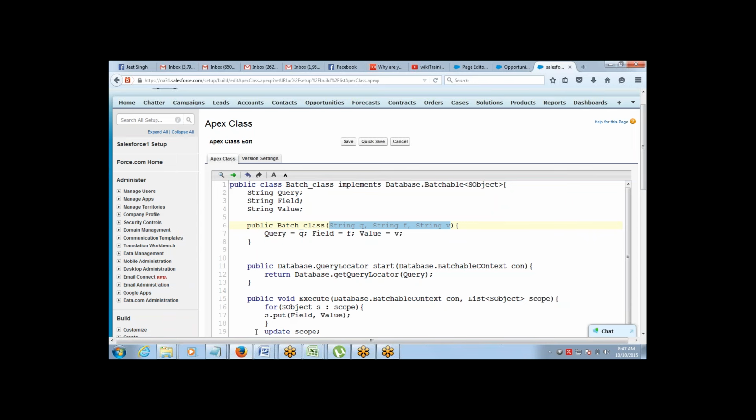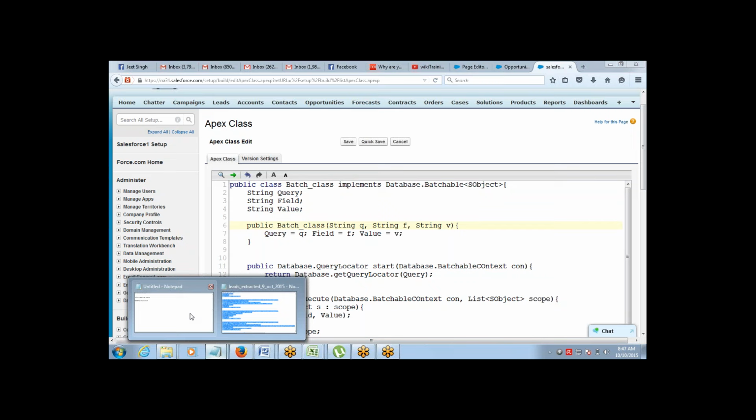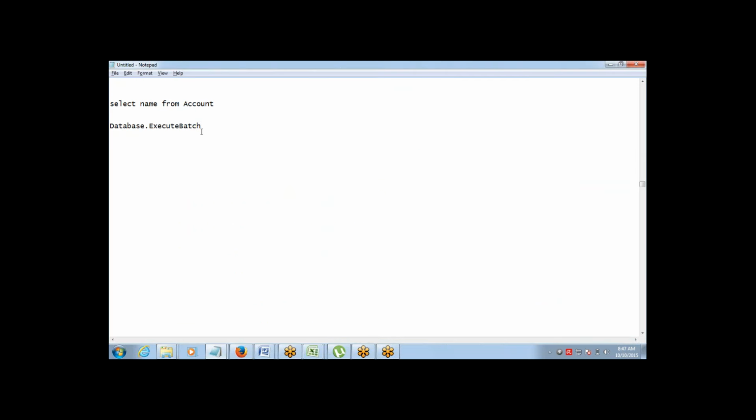That's it. Now I only need to go ahead and execute Database.executeBatch. It returns the Apex job id, pretty similar to the future methods. We'll have to say Id jobId = Database.executeBatch, and which batch are we planning to execute?